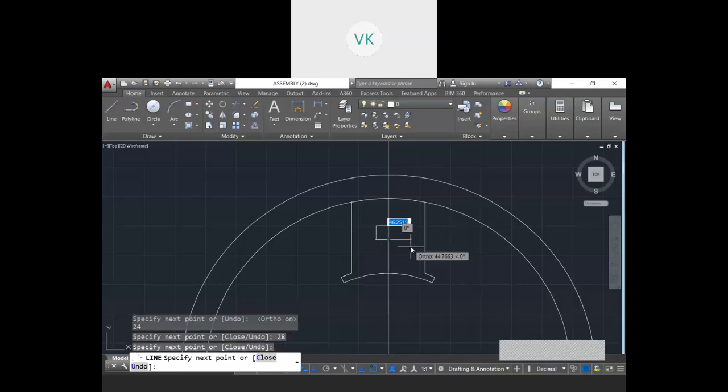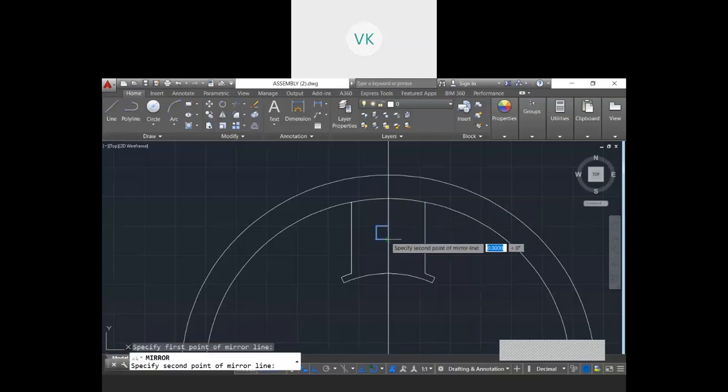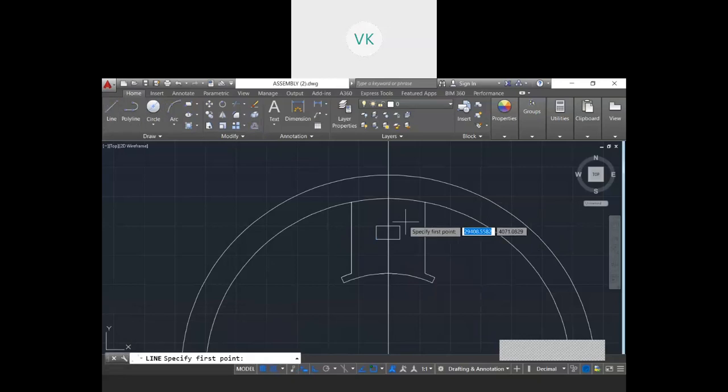Then we'll come back here. So I will do a mirror image of this. So this total length from here to here is 48, and from here to here it is 28. So this is actually called the cross section of a central steel rod.